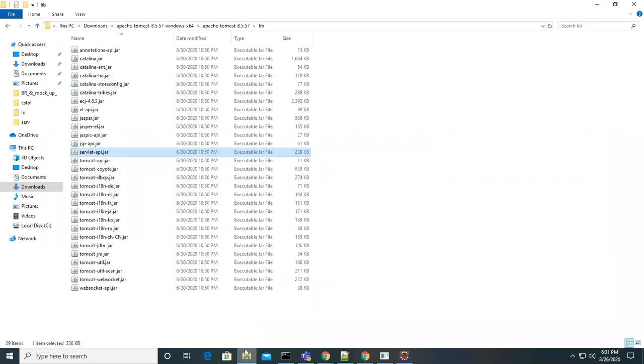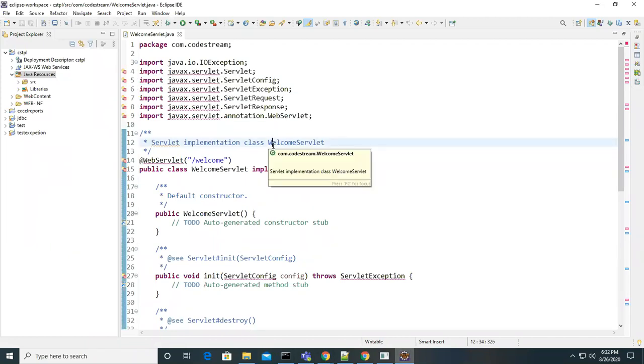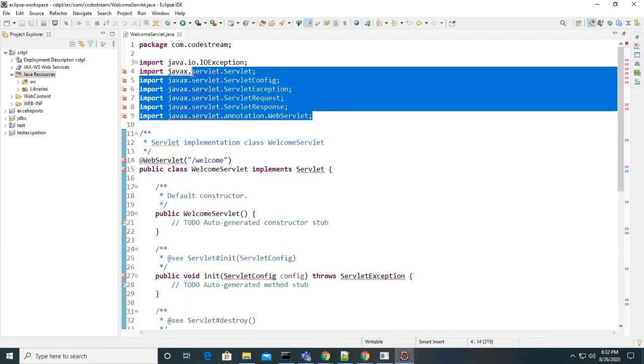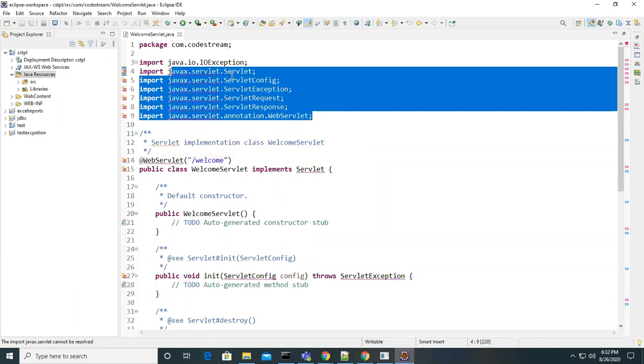We set the class path the same way: a jar file, a library which contains all these interfaces. So that jar file you have to set.